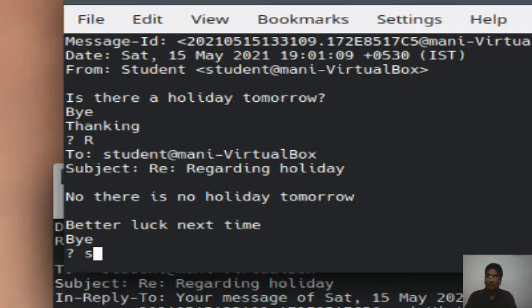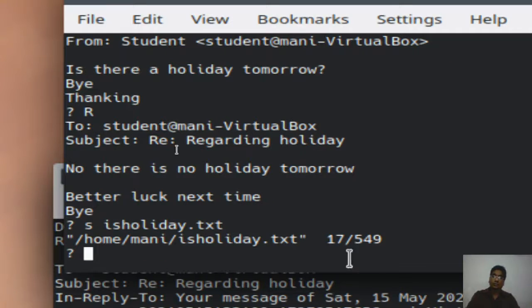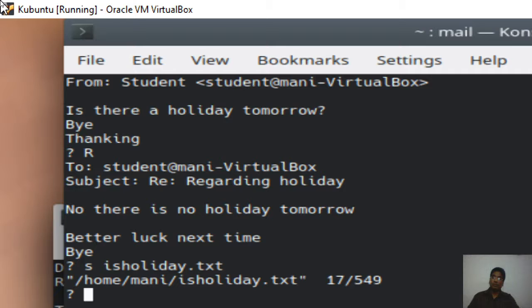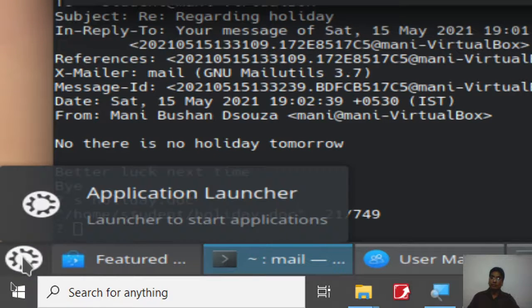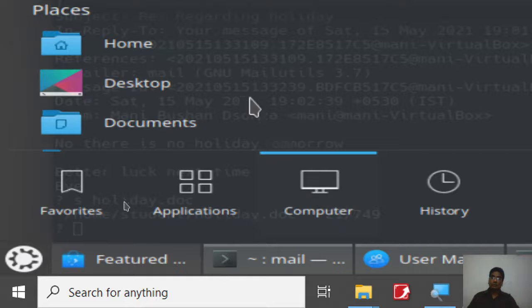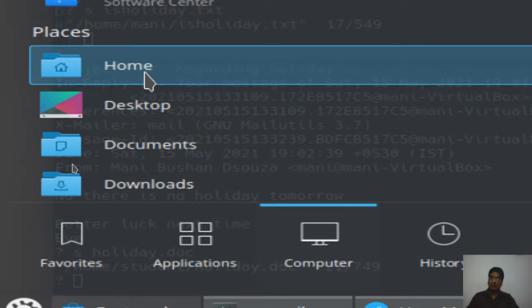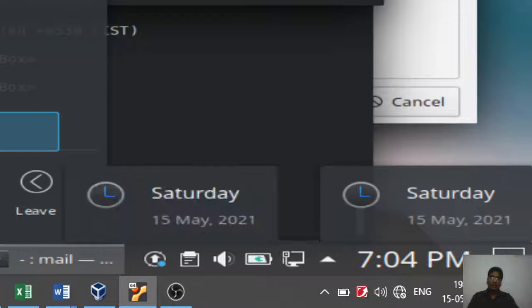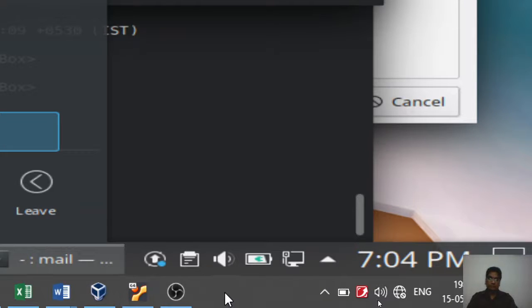This is the same thing. Save this particular document to holiday.doc.txt. Let's see. So I have saved it. It is there in home/money/holiday. Suppose I go here to Computer and go to my files. Remember, this is like Windows. We can see the full view.